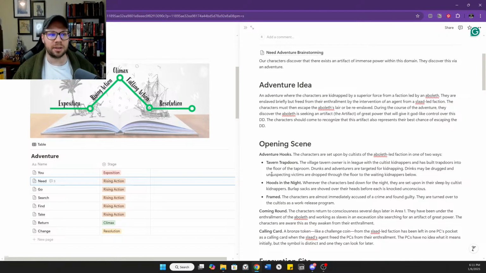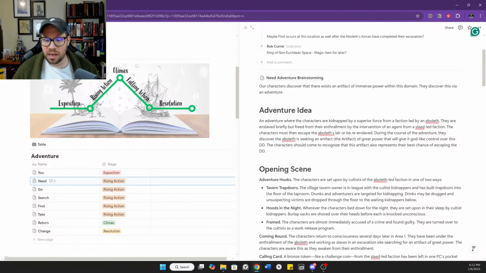This is the artifact that will eventually give them the key to escaping this domain of dread and getting out with their lives. But they'll also find out that it gives godlike control over the domain of dread. They'll find that out eventually, not yet. But it will leave them with some interesting choices about how to proceed and what to do about this place.